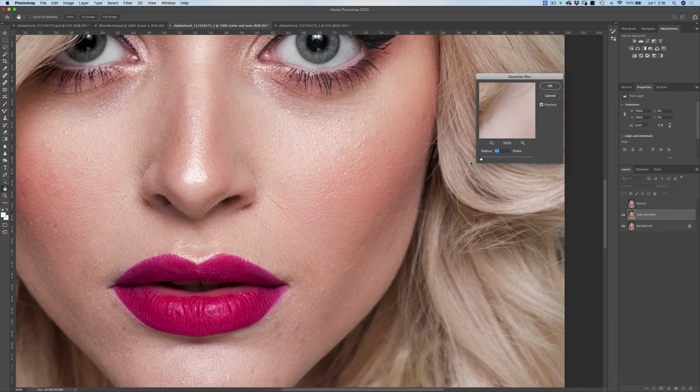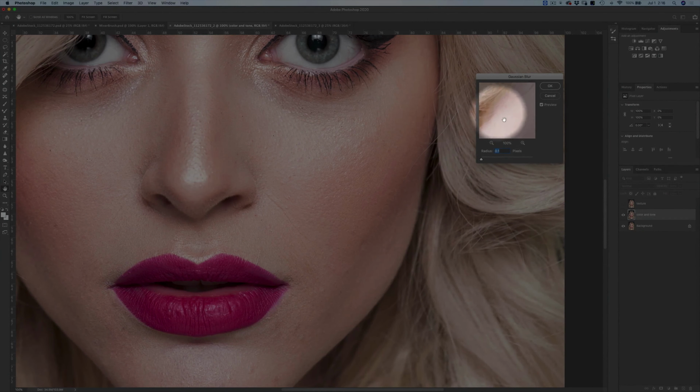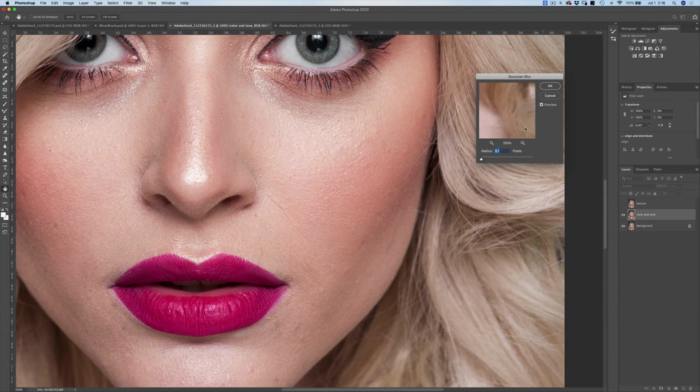And we're going to start all the way at 0.1 pixels. Now you can see why I wanted to zoom my canvas into 100%, because this little box just does not give you enough of a preview of where your pore detail is and when it's going to be blurred.